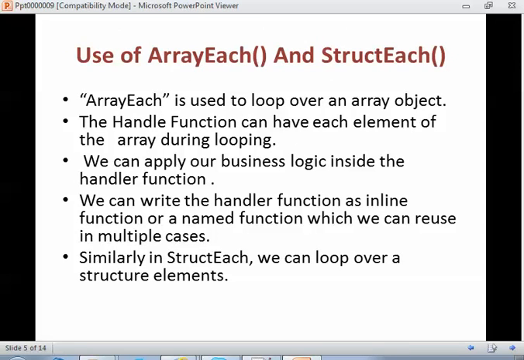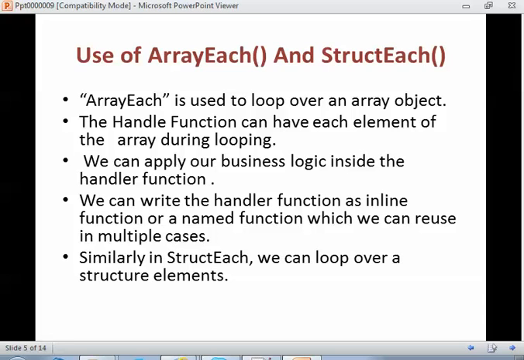Next, the use of array each and struct each. As I told you before, these are the functions that have been introduced in ColdFusion 10. You can remember it like function recursion in Java. It is a similar kind of function. Just use array each, go through an array element, and you can call that function for each element of that array, and then do whatever you require.